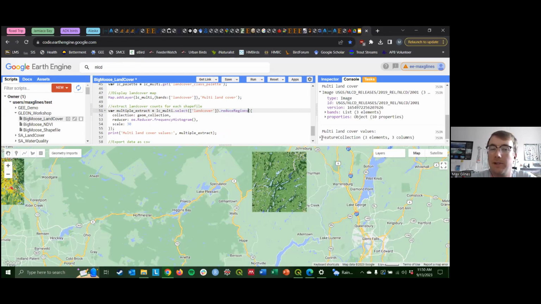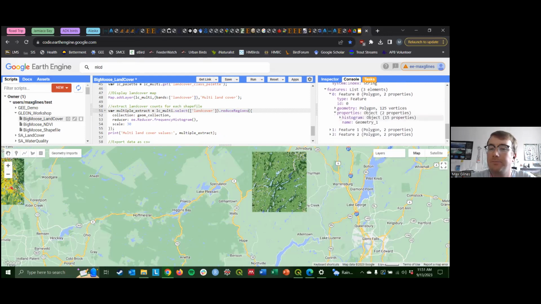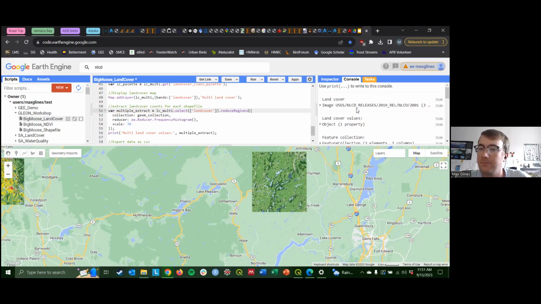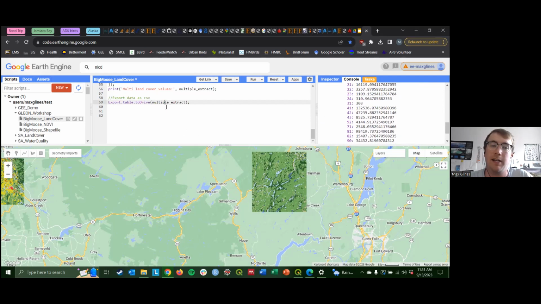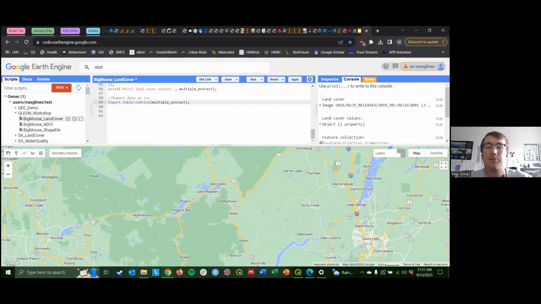Extract the data. We can print that data and we see the same outputs as before, right? You can look at it here. There it is. So for shapefile 1, this is our count. But you're not going to want to just manually copy all of this like we did with the first one, because you might have a lot of shapefiles. It's going to be a lot of work. So we can export it as a CSV using this very simple line, export table to drive. That just like we did before,